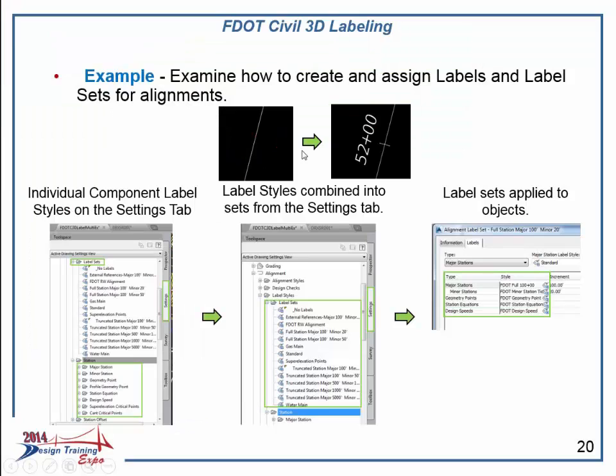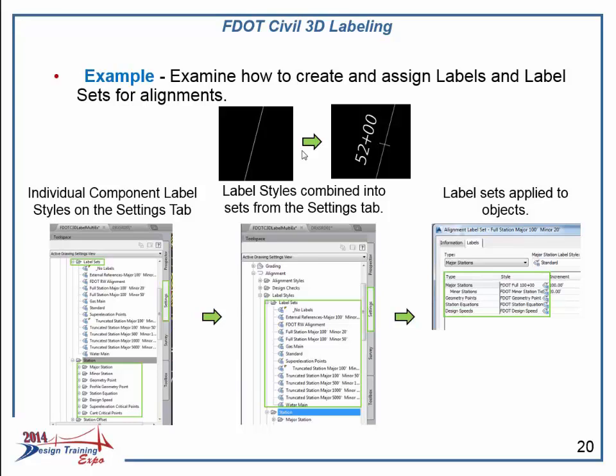Next, let's take a look at how to assign labels and label sets for alignment. If you look at the screen grab on the left hand side, you can see that we have label sets. Under label sets, we have individual component label styles, such as station for major, minor, geometry, profile geometry, station equation, design speed, super elevation, and critical point. In the middle screen grab, you can see how we can take those label styles and combine them into what's known as a label set. On the right hand screen grab, you can see how you can go into a label set and apply settings